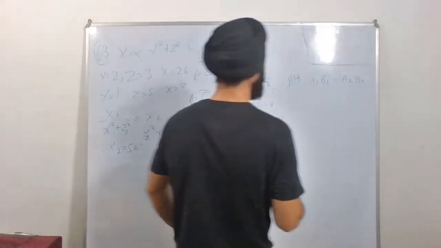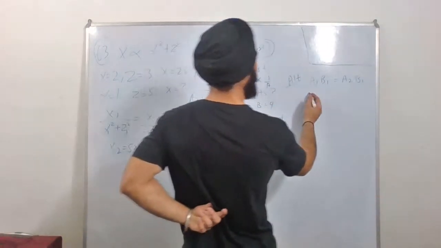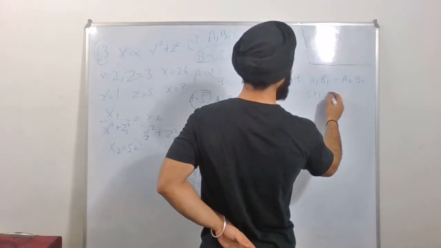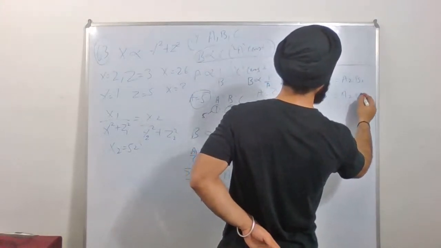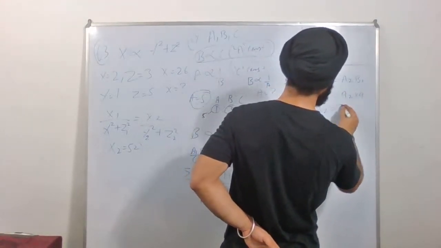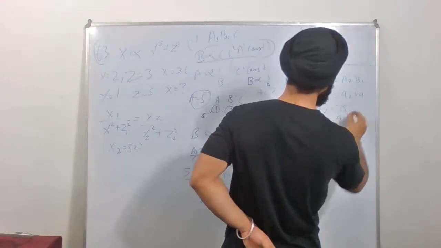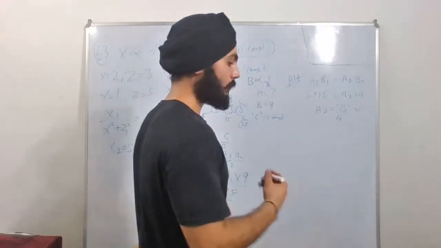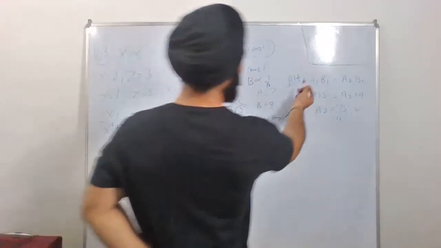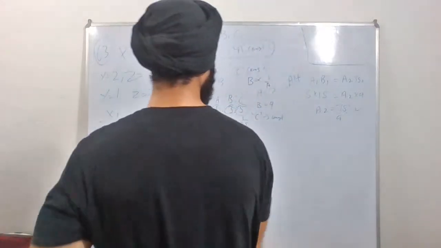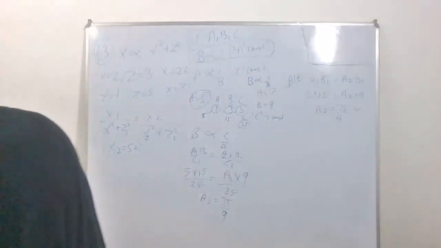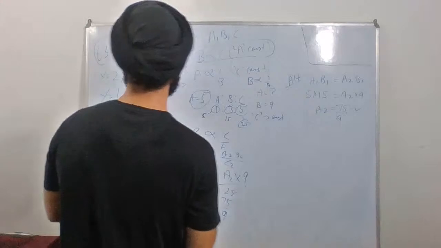When a1 is 5, b1 is 15, b2 value है 9, a2 is equals to 75/9. बस एक लाइन में क्वेश्चन खत्म, इतना सही इसका सॉल्यूशन था, और लोग ने पता नहीं कितना इसके ऊपर दिमाग लगा दिया, ये कैसे होगा।